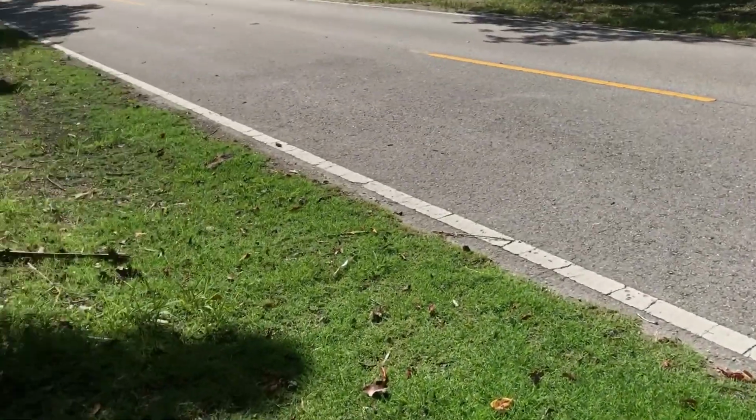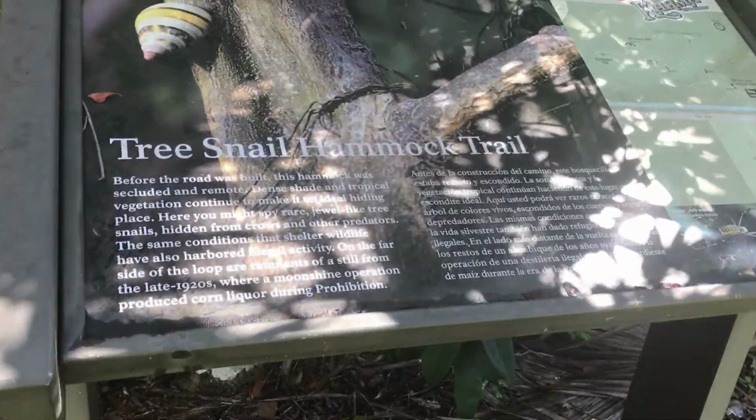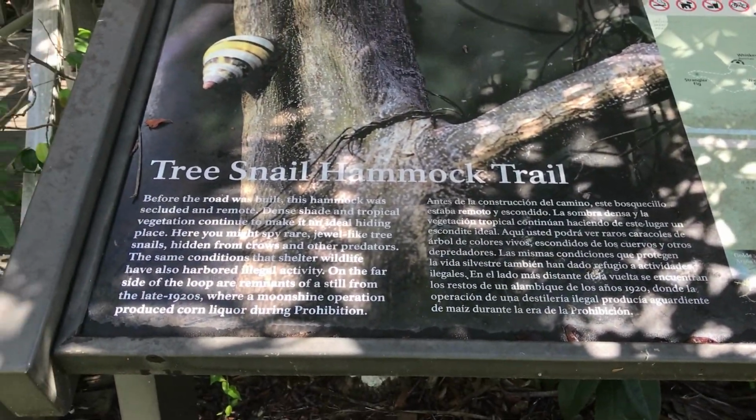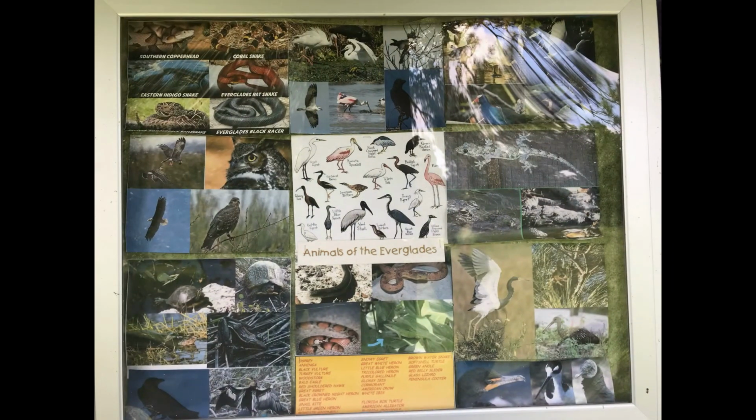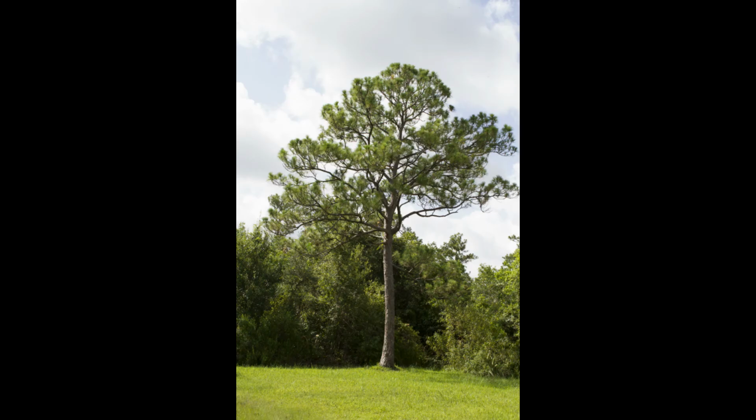Here at the Loop Road Education Center, walking around the tree snail hammock. This is a hardwood hammock habitat and it is covered by vegetation. We are conducting our art workshops at this center not only because it emphasizes the beautiful nature found in South Florida. We are inside the Big Cypress National Preserve, and the Everglades National Park runs this little 5-acre